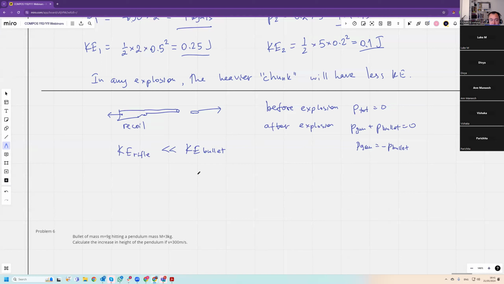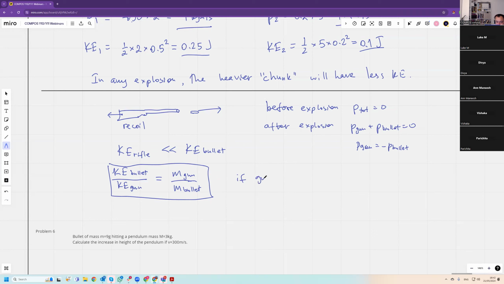An interesting thing: the kinetic energy of the bullet divided by the kinetic energy of the gun is equal to the mass of the gun divided by the mass of the bullet. So that means if the gun is 100 times heavier than the bullet,